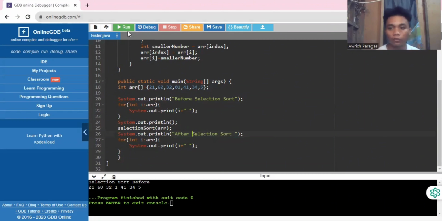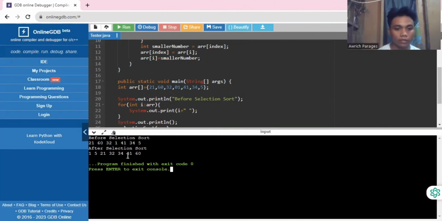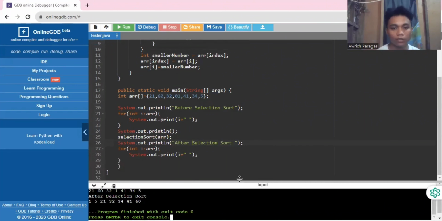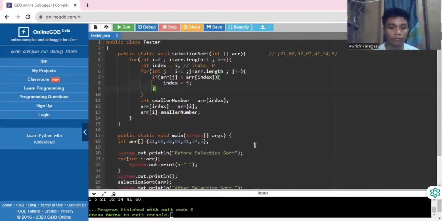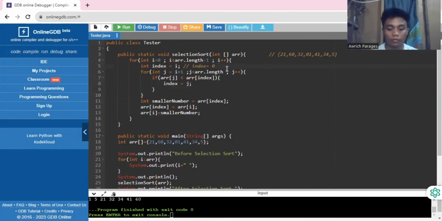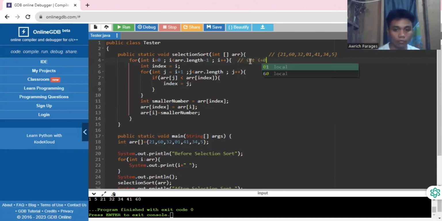So let's try to display. So here it's sorted. So let's explain how selection sort works for this code. So let's start. So int i equals 0. First we proceed to the outer loop. Int i equals 0, then